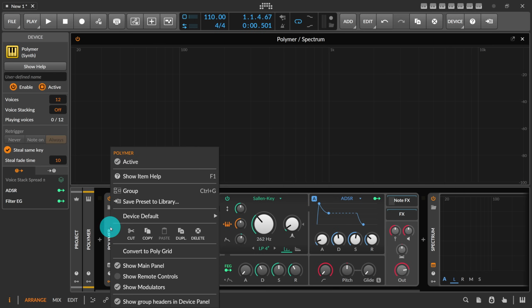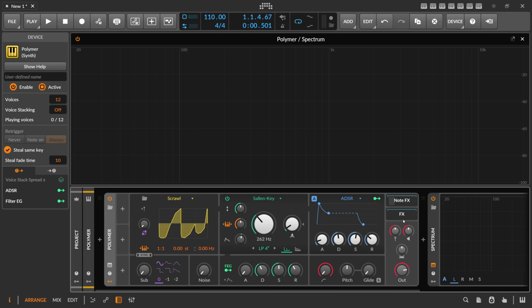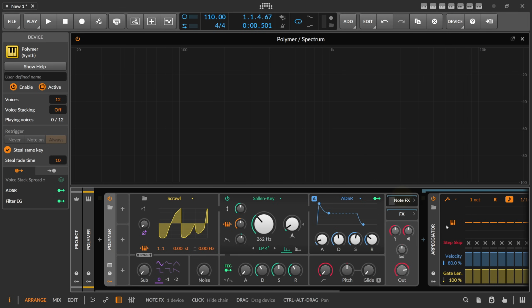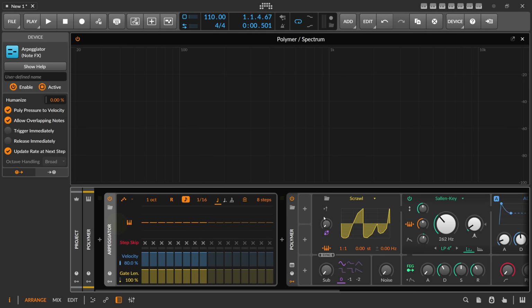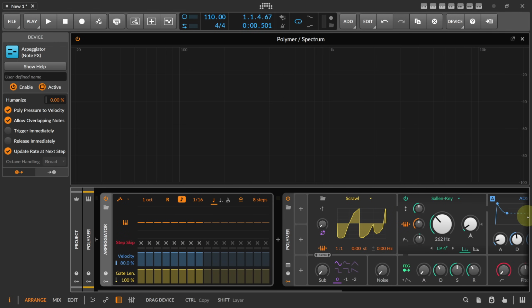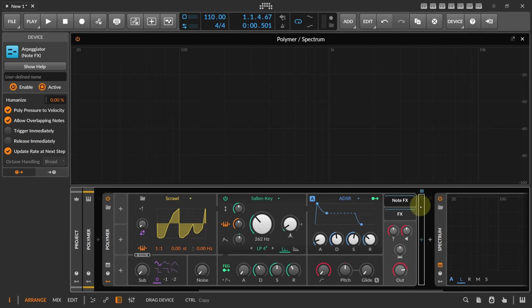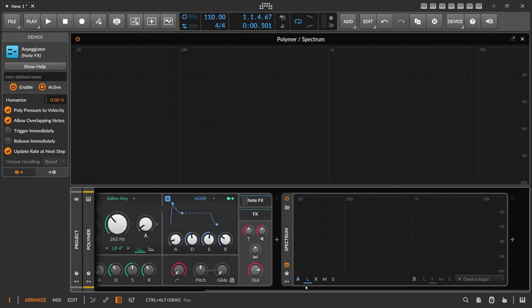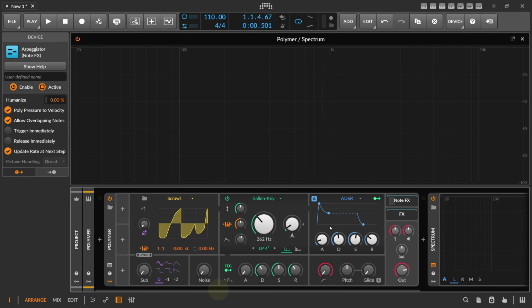We can just save this as a preset and say, I want to use this combination of devices next time when I create a track, right? So instead of having the arpeggiator in front, where it's not part of the synthesizer itself, just using this inside of the Node FX box, we can make it part of the synthesizer,